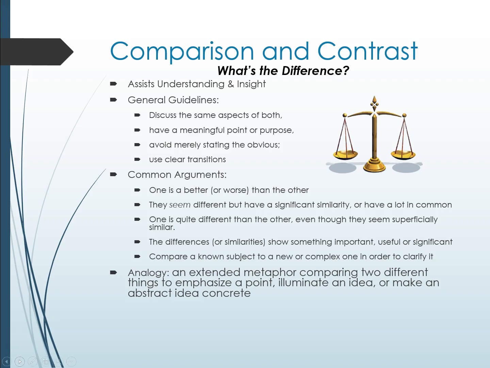One final point about comparison is how you arrange it. There are two basic methods. One method is block organization, where you state all the qualities or characteristics of one, and then switch and discuss the characteristics of the other. This can be a useful method if you don't have very much to say, just one or two relevant characteristics for each. However, it should be avoided in longer comparisons, since it basically makes the reader do the work of